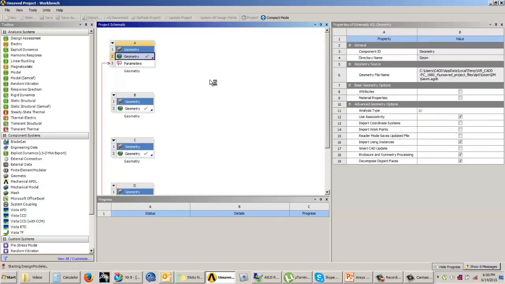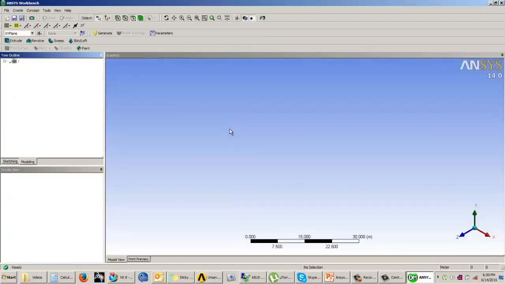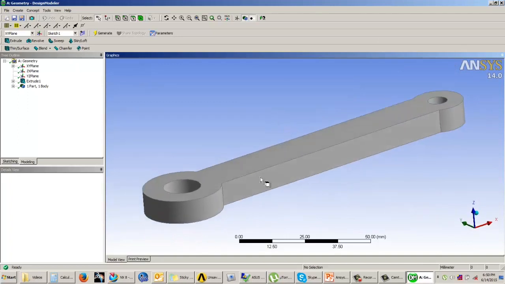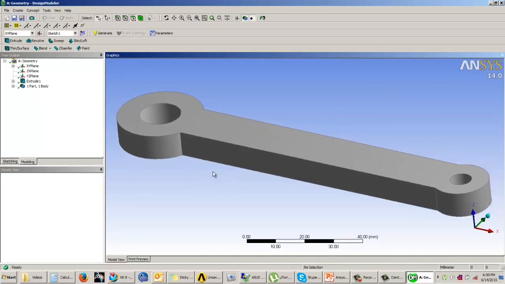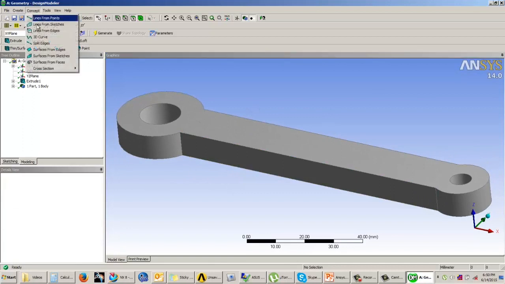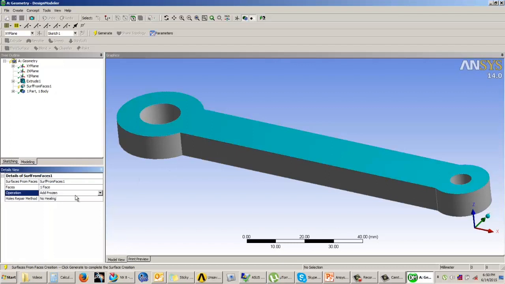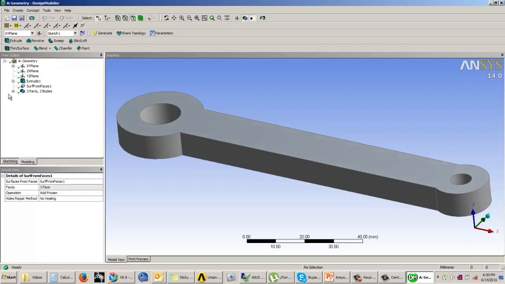Okay, I will come to this geometry. Now if you see, we have a solid model over here. In this case, I can also extract the mid surface, or I can say surfaces from faces. Surfaces from faces, you can select a face, apply, and I can say add frozen. Add frozen means that gets added as a separate body, and we will say generate. Now if you see, there are two bodies, one is a solid body and one is a surface body that